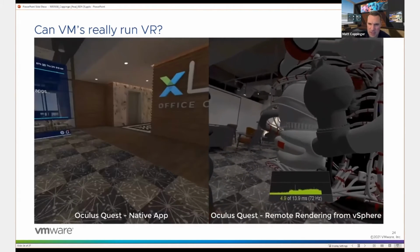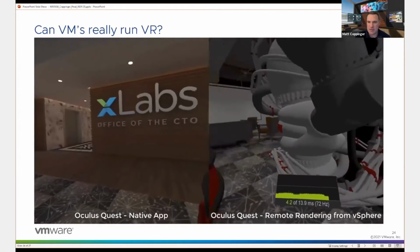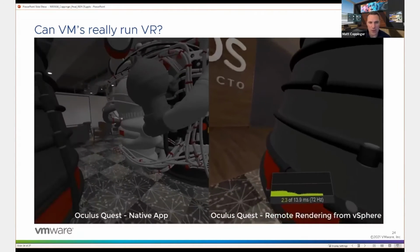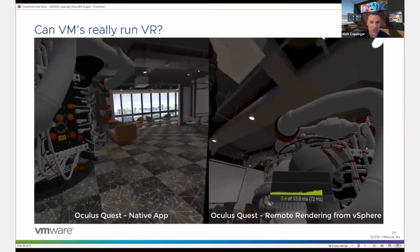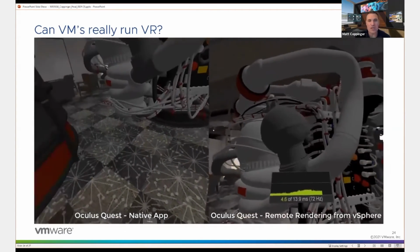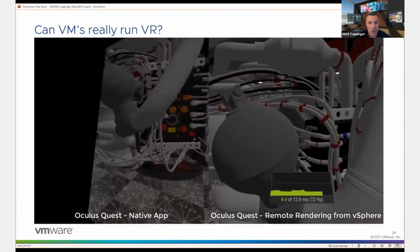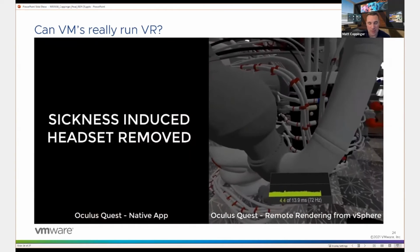There's a little bit of popping because of the occlusion culling that we messed up on in the demo, but this is rendering 12 million polygons on the right. On the left, it loaded a lot more slowly, and the application is actually struggling to keep up. It's in the low digits, 7 to 10 frames per second, which is enough to make someone feel motion sick and dizzy. And so on the left-hand side, the experience is just not acceptable,